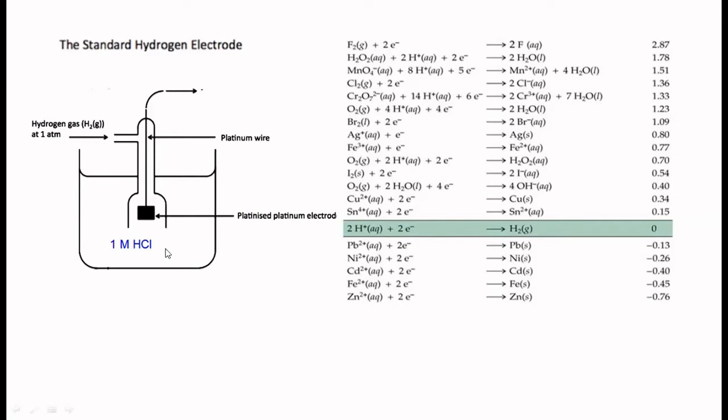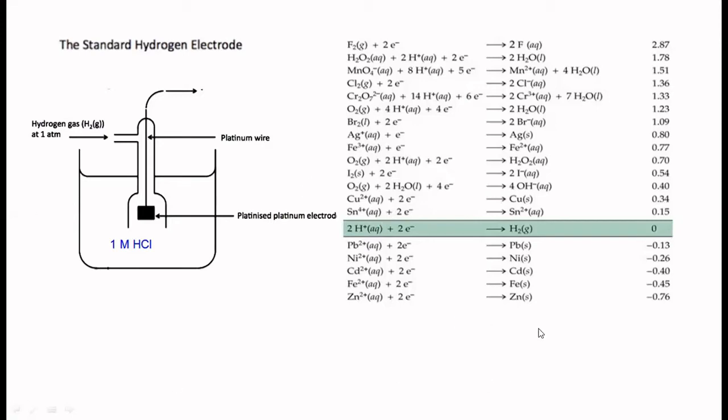If anything else is there, you can connect it to another hydrogen electrode whose concentration is different from this, or hydrogen pressure is different from this, then we may call it a concentration cell. When there is a concentration difference, using the same electrode, it also behaves like an electrochemical cell. The one which has lower concentration will be the anode, the one which has higher concentration will be the cathode. Then we call it a concentration cell. Pressure difference also is possible. If the concentration is the same and there is a pressure difference, then also it acts like a concentration cell.